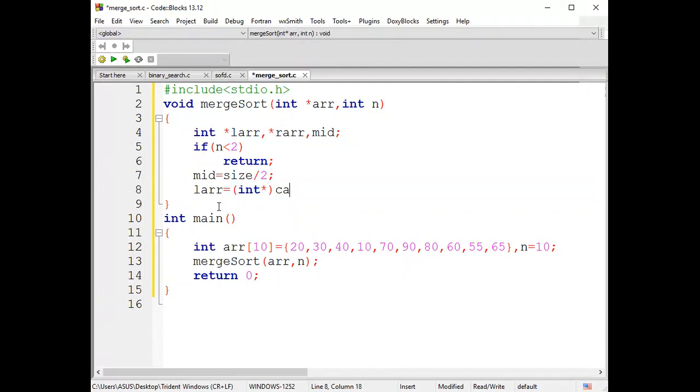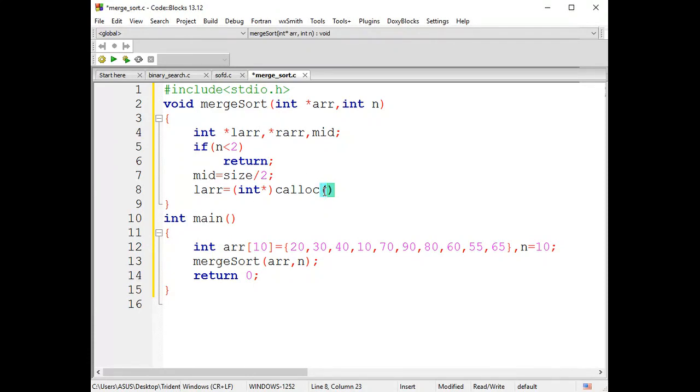Int star. So let me make use of calloc. By using calloc, we'll have two parameters.